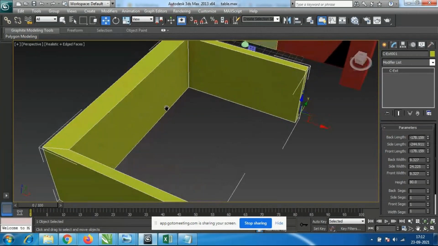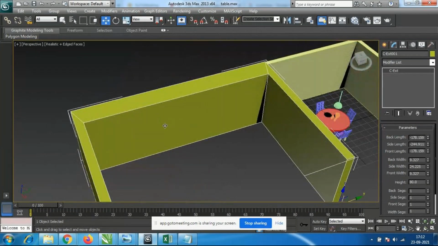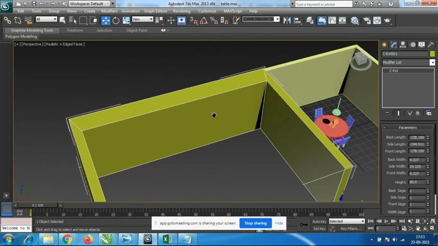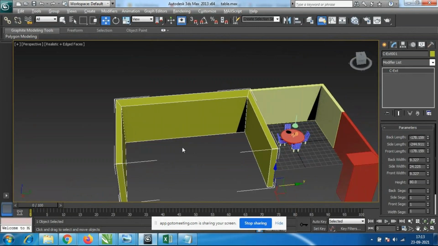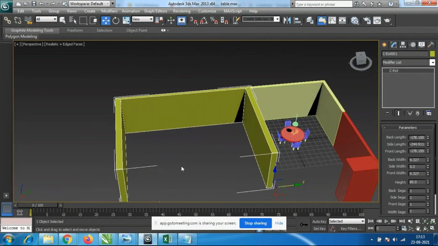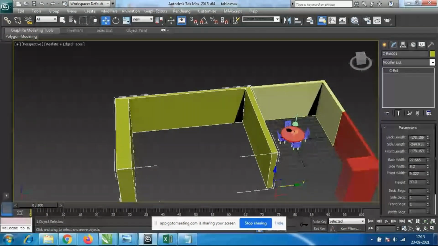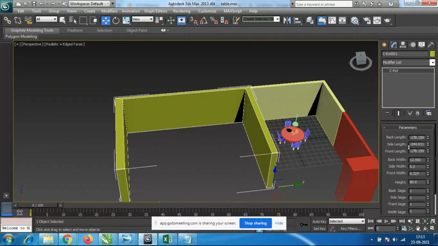Otherwise there is no need to make the inside a complete box, and no need to make it as a cupboard. Only the doors we have to place here. So okay, only the doors we have to place here. So what I'll do, I'll just take this. This is the back width, and here this is the front width.